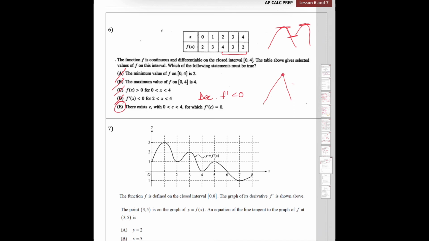Also, you could argue, what if there was a corner in between there? But if you read the question, it said f is continuous and differentiable. So that cannot be the scenario. So I want you to finish the remaining questions, and if you have tried those questions,